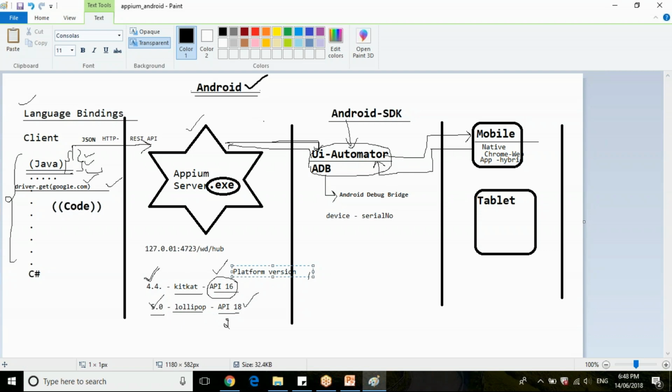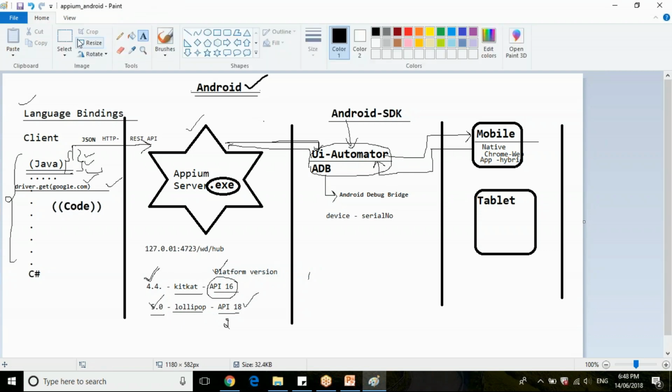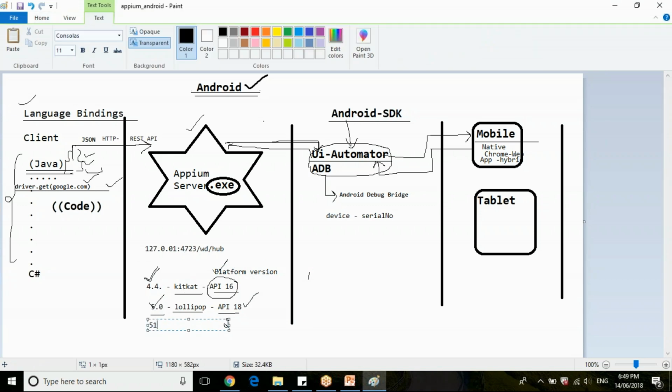Each and every Android version will be mapped to a platform version of Android SDK. So version 5 is mapped to API level 18, and version 5.1 is mapped to API level 19, like that.